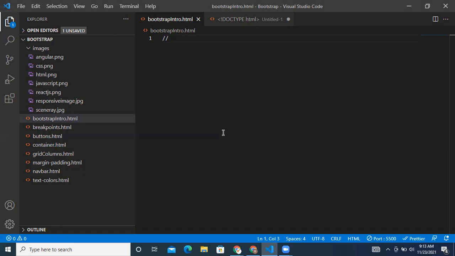All these things are too time consuming, and the effort required is a little more compared to when you are using Bootstrap. So the drawbacks of just using CSS and HTML are as follows.